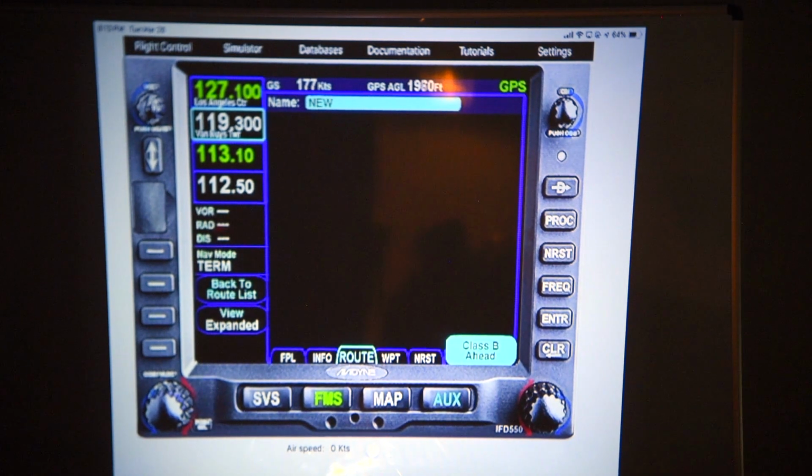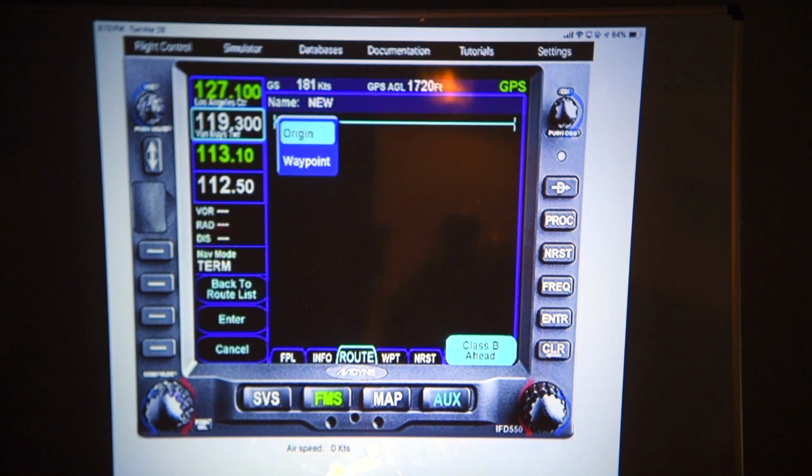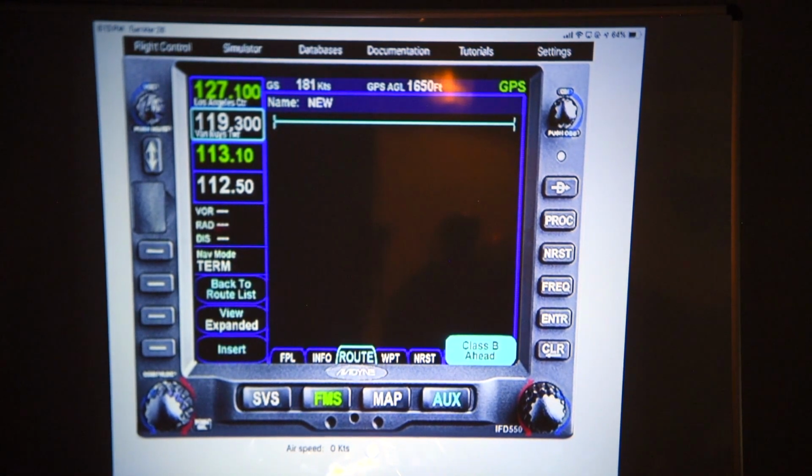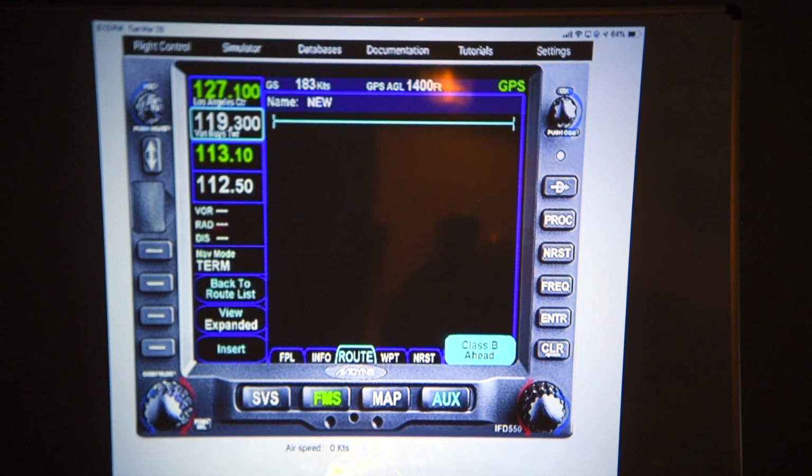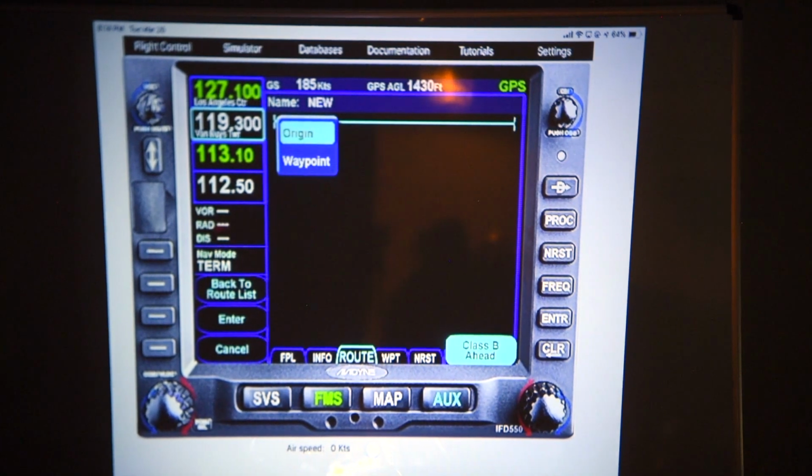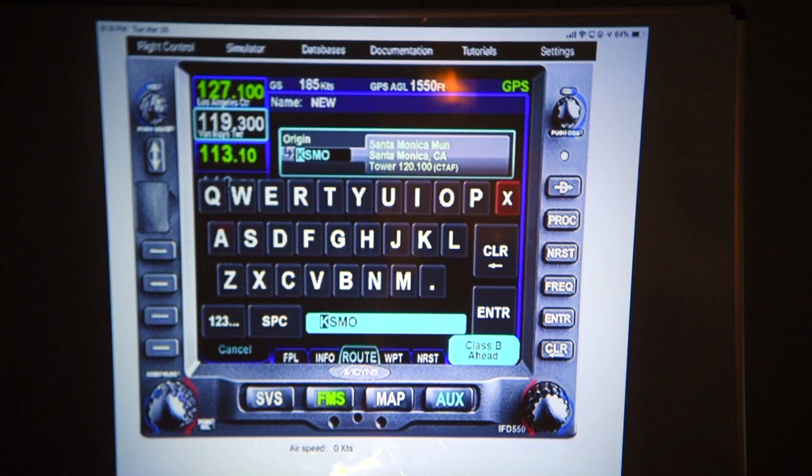I'll leave it as new. Any place you press on the black screen, you will see this little thin line. The thin lines are insert, and then I'll show you how to edit, it's a box. So the first one, you're going to have the origin on it. So let's say